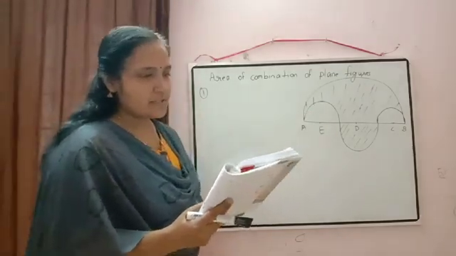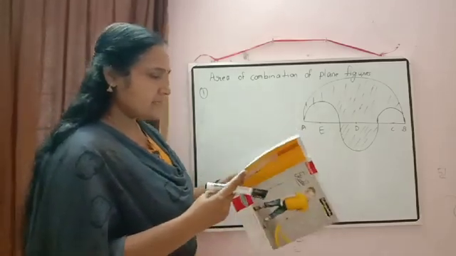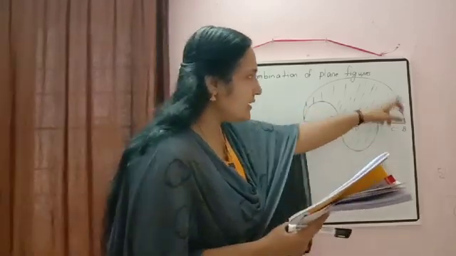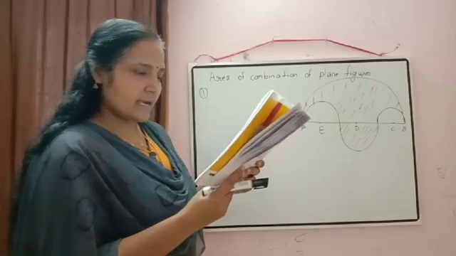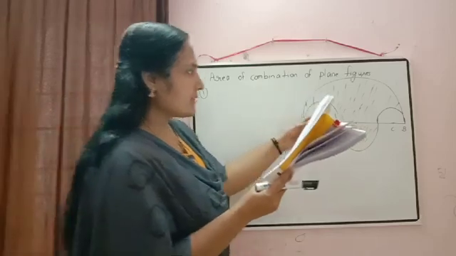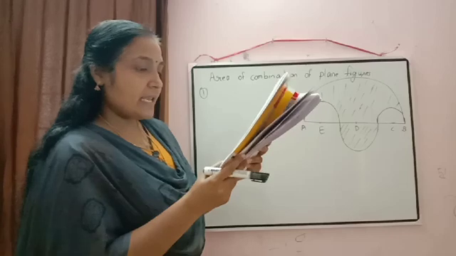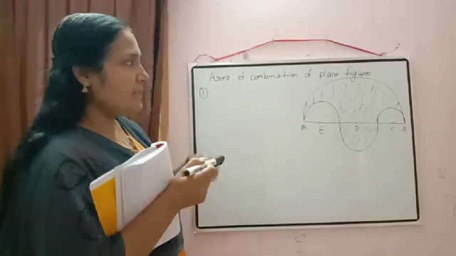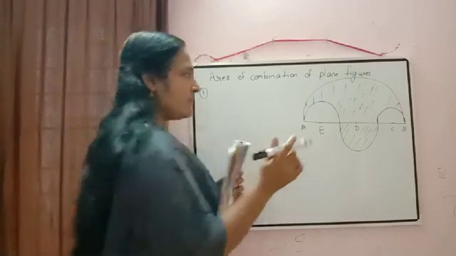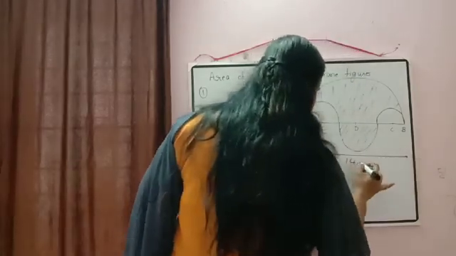In this one the question is: the boundary of the shaded region consists of 4 semicircular arcs. You can check here, 1, 2, 3, 4 semicircular arcs are there, the smallest two being equal. So these two arcs are equal in length. If the diameter of the largest is 14 centimeter, the largest one means this total length is equal to 14 centimeter.